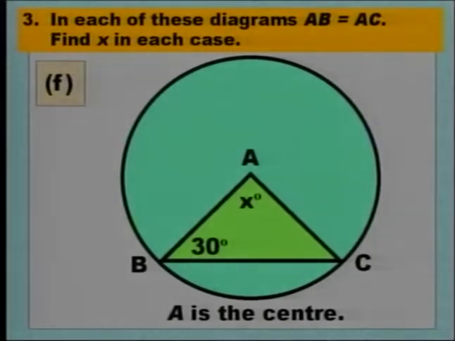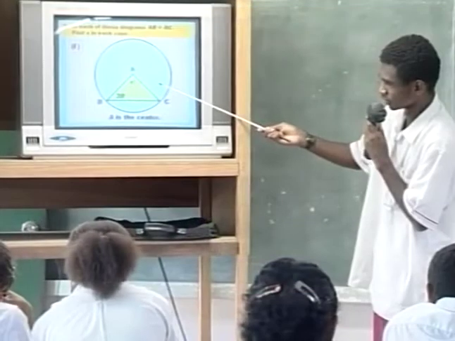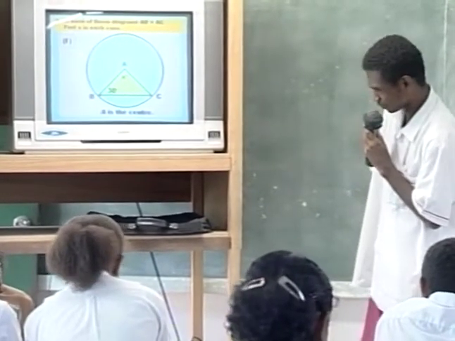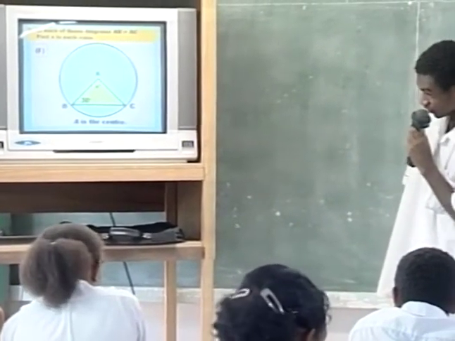The question reads, in each case of these diagrams, AB is equal to AC. Find X in each case. We can see that this triangle inside a circle is an isosceles triangle because AB is equal to AC. Therefore, one property of isosceles triangle is that